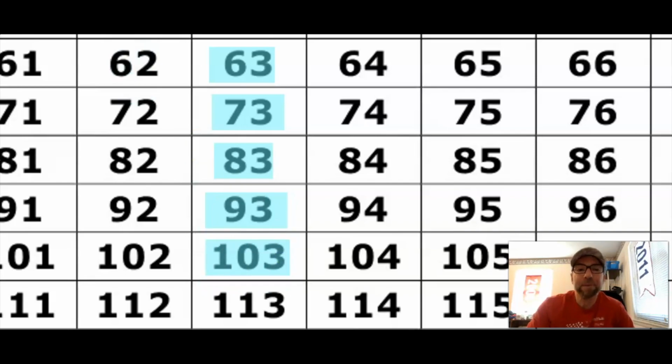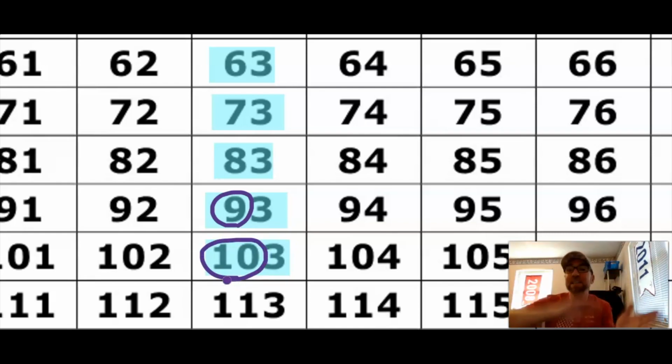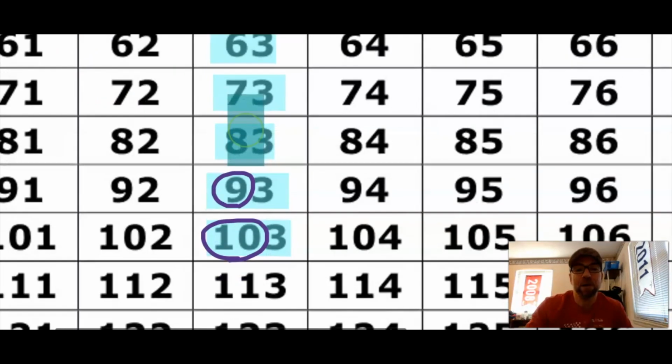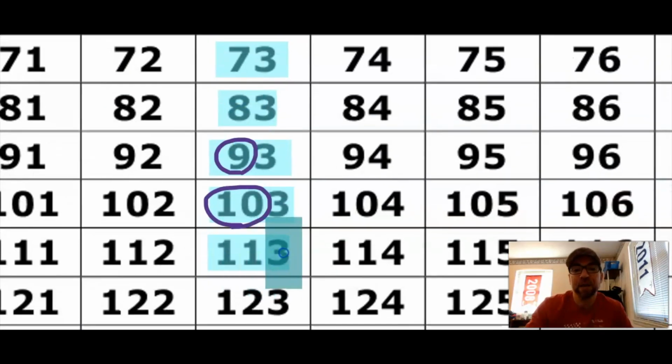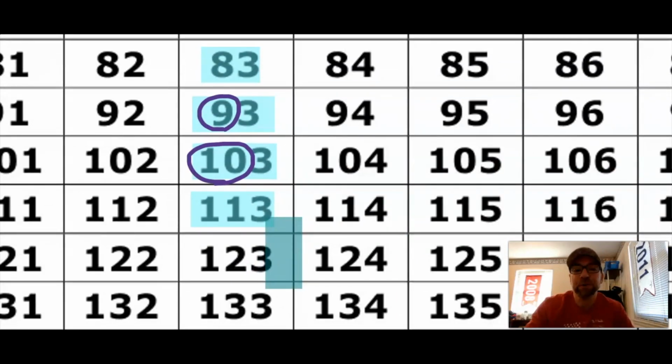Because look what happened to our tens digit. It went from a 9, and then we wrote 10 because we moved to the next hundreds. So then we go from 103 to 113,